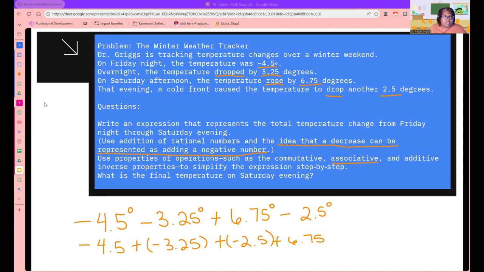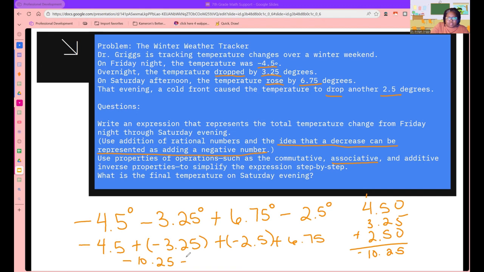Now let's see. Whenever we are having the same sign being added together, we keep that sign and we just add the numbers as usual. So we would have 4.5 plus 3.25 plus 2.5. I'll put zeros in those empty places. And that's going to be 5. That's going to be 12. That's 5, 8, 10. So, and all of those were negative, so our answer is going to be negative. So then that's a negative